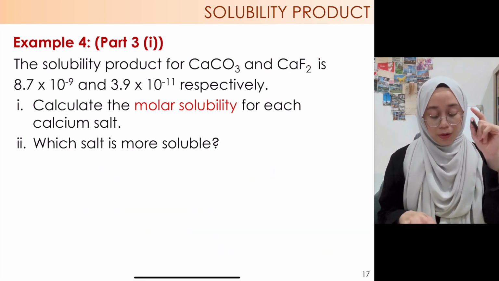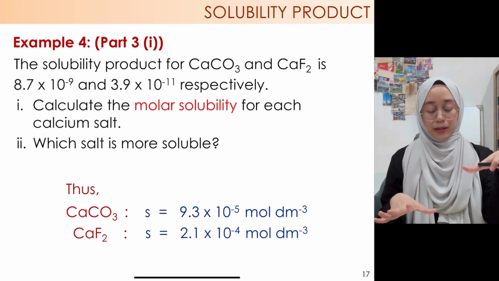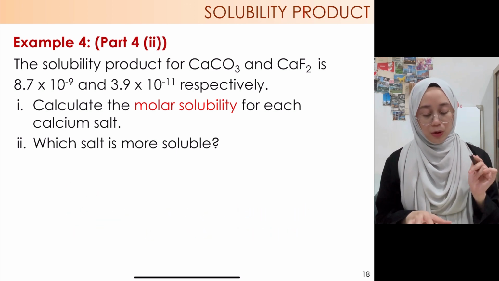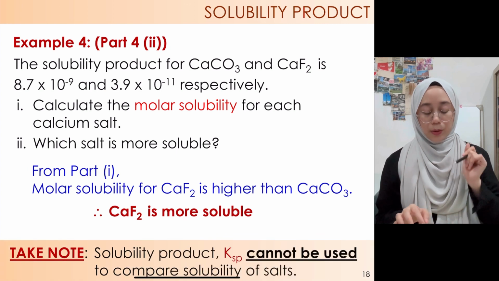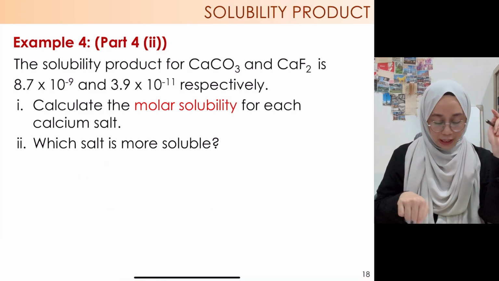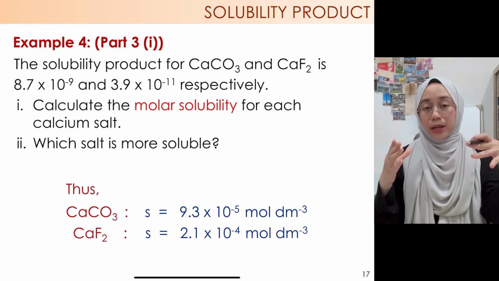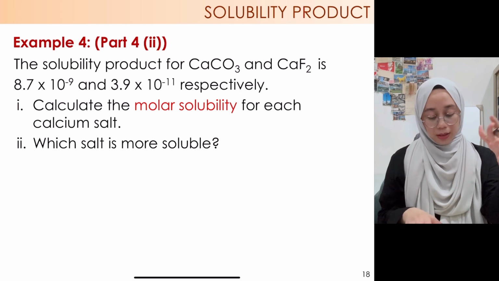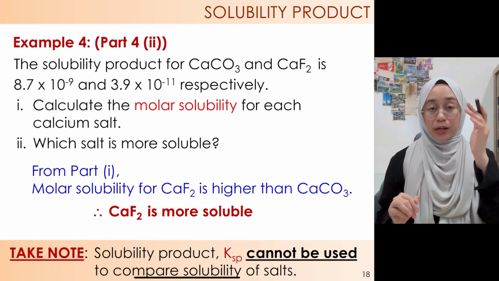Okay, so now soalan kedua. Okay, untuk jawab soalan number 1 tu tadi. Okay, soalan yang kedua pula, which salt is more soluble? So from part 1, molar solubility for the calcium fluoride is higher than calcium carbonate. So basically daripada value ni tadi kelas, cari the larger value. So the larger value indicates that it is more soluble. Okay, so in this particular case, calcium fluoride has a higher molar solubility than calcium carbonate, therefore calcium fluoride